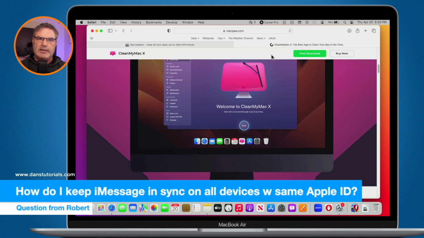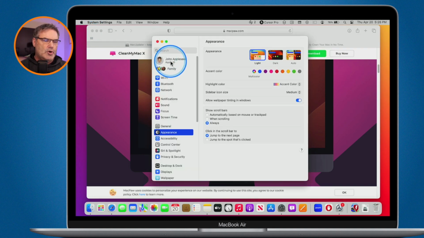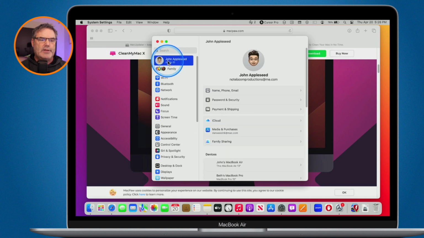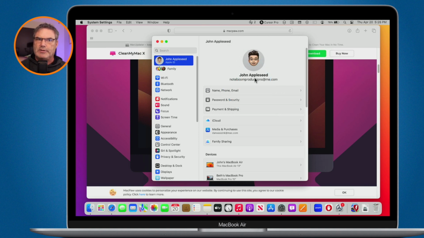So since I'm on my Mac here, let's first take a look at what we have to do on the Mac. Then we'll go to the iPad, and then we'll go to the iPhone. And once you turn all of these on, then everything will stay in sync. On the Mac, I'm using Mac OS Ventura, so I'm going to go to my System Settings. And then we go over to our account here. We want to make sure that all of our devices are signed in with the same iCloud account. That's number one. Of course, we know that, but we have to make sure that that happens. Sometimes it doesn't happen.